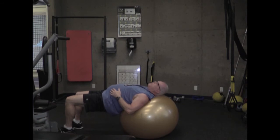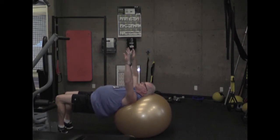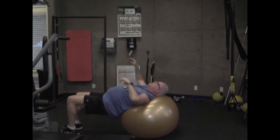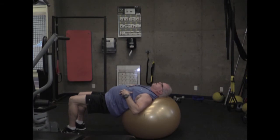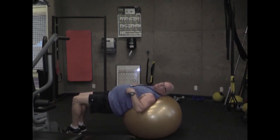So you're just going to hold that position for 30 to 60 seconds, probably start off with 30 seconds. And the goal of this is to walk out as far as you can. So that's the goal. And have your head and your upper shoulders on the ball. As you get more comfortable with this and your balance gets better, what we're going to do is go to a 1-foot position. So you move both feet to the middle, and then I lift my pelvis up,